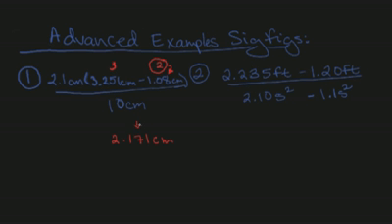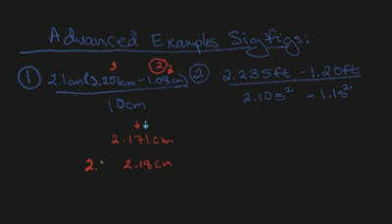Since the number after the 2 determines whether we round up or not, and this number's 4 or less, it stays the same. Had it been 5 or greater, we would have switched this to an 8. But now we have 2.18 centimeters